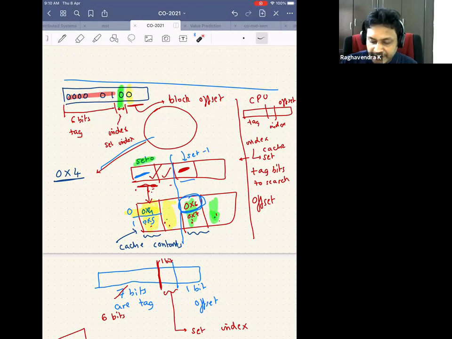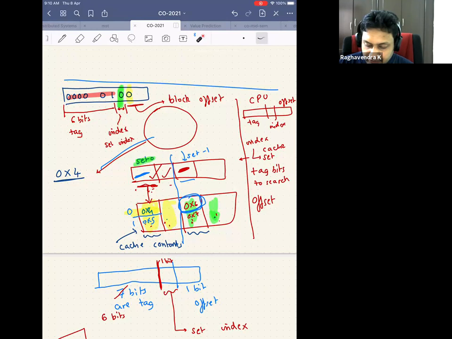So how do I do this? When the CPU generates an address, I store only the tag here because I don't need to store the index or the offset. The index is what I use to come to this particular set. If the index is 0, only then I'll come here. If the index is 1, I'll come here. So any address stored here means that the index is 1, and any address stored here means that the index is 0. There's no doubt in that. And I don't need to store the offset because I know that the offset is encapsulated here. So when the CPU generates an address, I initially use the index bits to go to a particular set.